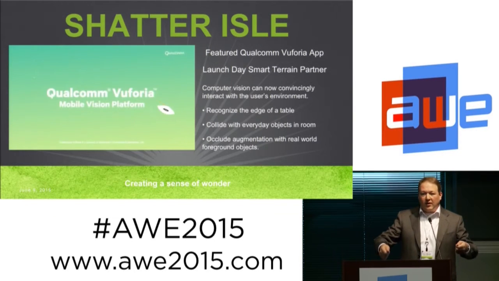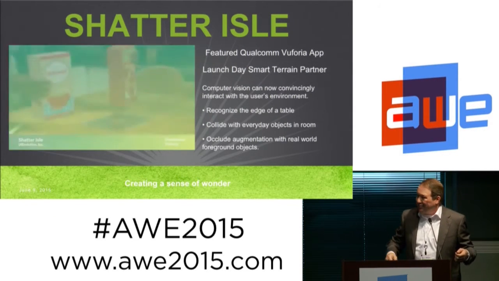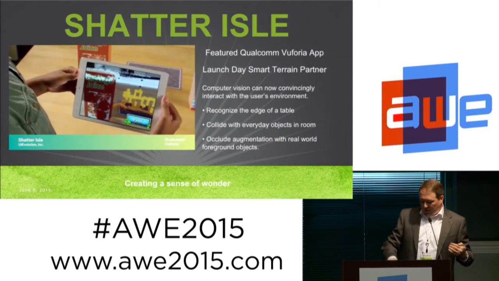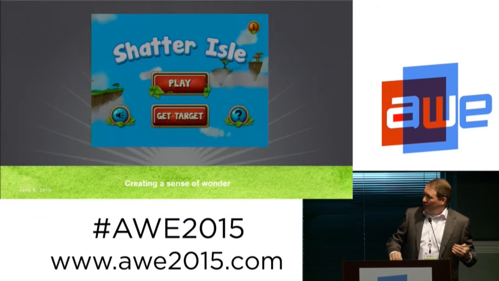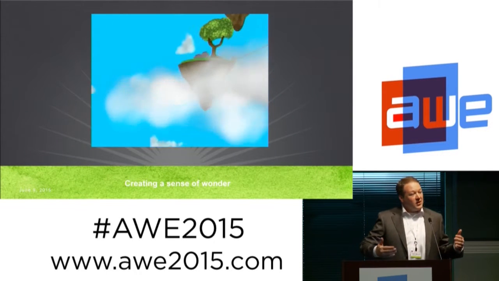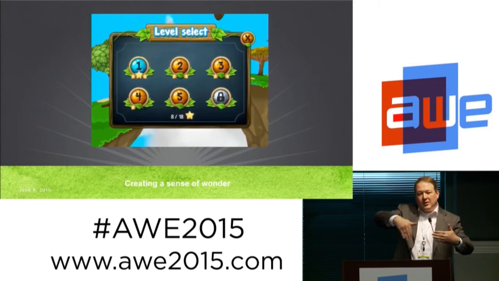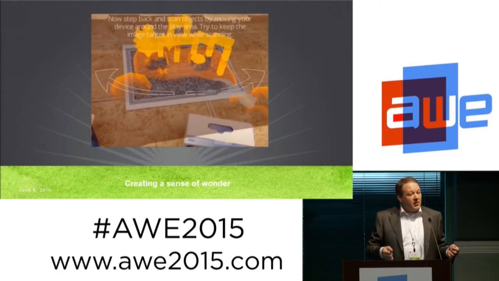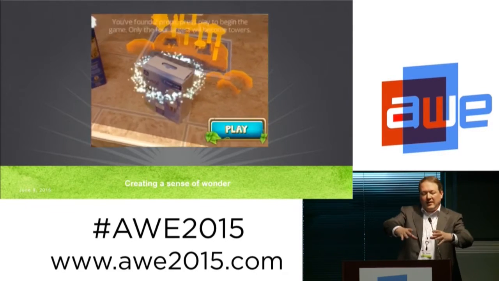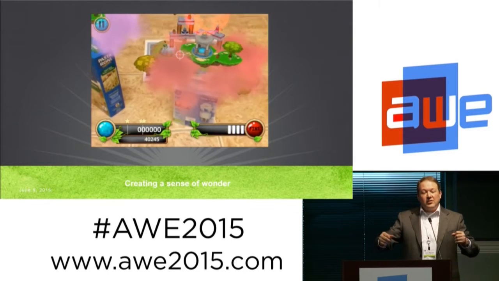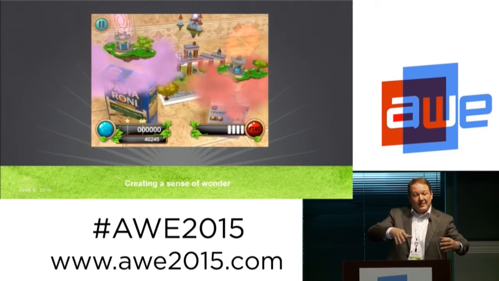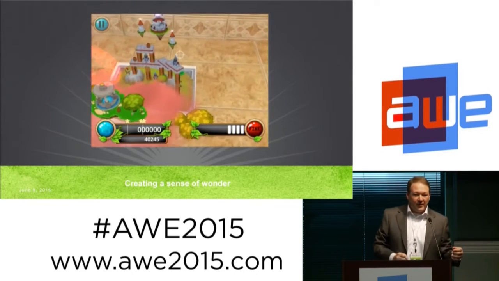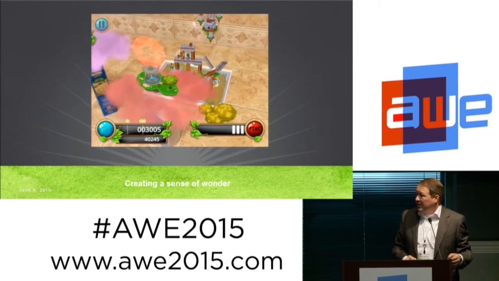So you look at the target, and you can see a Qualcomm promo video for the game here. But anyway, it all reacts. In fact, let's go to the next frame, you can see it better. It even resolves one of the holy grails of AR, which is that real world objects can occlude the augmented objects. In this game, it's a sort of 3D physics puzzler. And if the little island full of bad guys that you're trying to shoot ought to appear to be behind a can of soup or a Coke bottle, indeed the Coke bottle will occlude it, will cover up the island behind it, which is a very tricky thing to do in augmented reality.